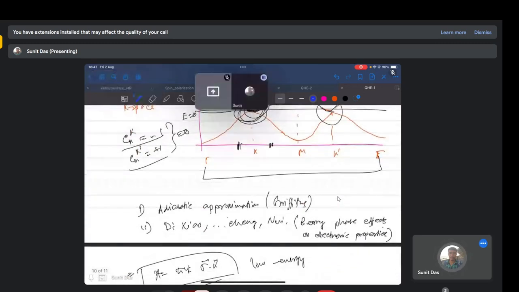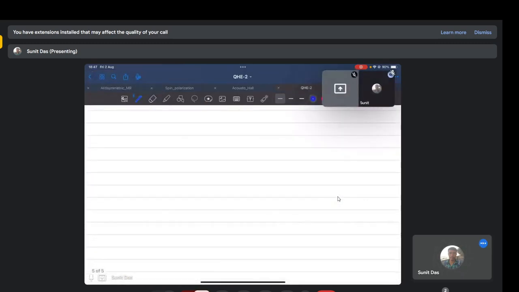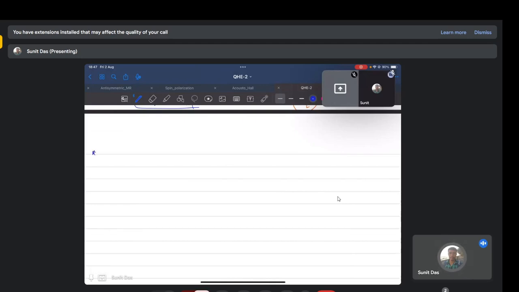So let me move to this point itself. So we had a Hamiltonian. This is just a small recapitulation. We had a Hamiltonian of (p minus eA) squared over 2m. Simply that was the Hamiltonian. A is again the vector potential, which is given by this; the curl of A will give me the magnetic field,